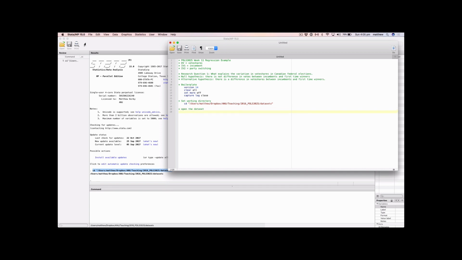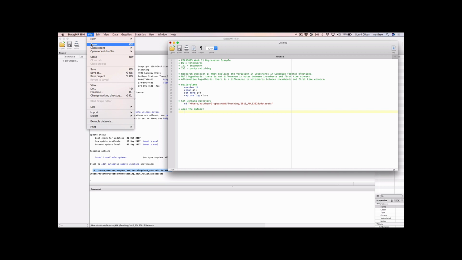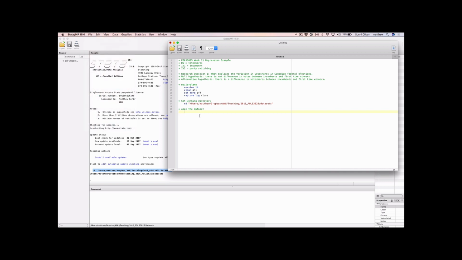Now you can open the dataset using File and Open, and you can locate the file and double click on it, and that will open it. But also, because we've set the working directory already, it's going to look by default in that directory, and I happen to know that the dataset that I'm using is in there. So just the use command is the command that we can use to open up a dataset, and it's called POLS3025 week 11